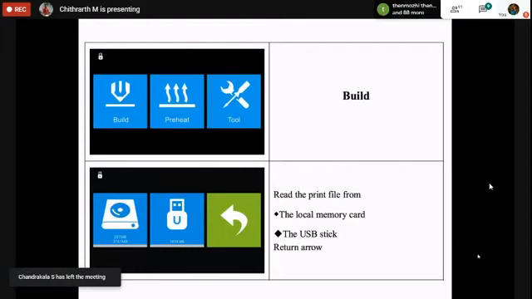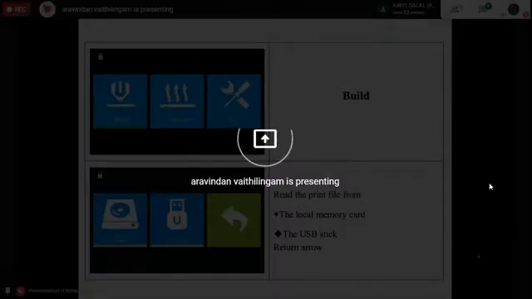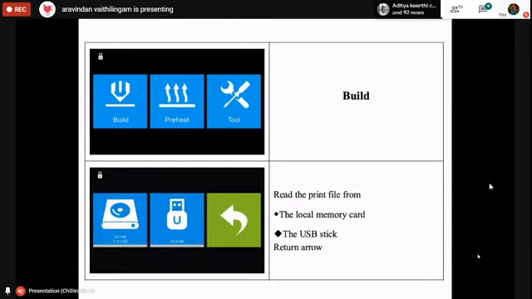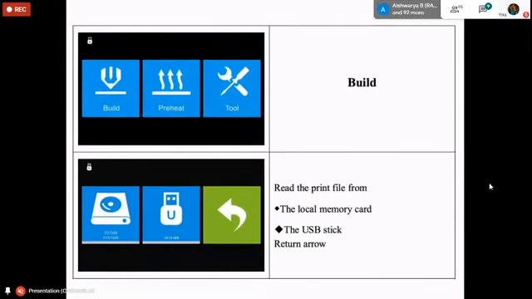Whereas this particular machine is a typical dot matrix based display, where it has a rotary dial and a press. The rotary dial acts as an input, and this dot matrix display acts as an output, and of course you could control all your stepper motors, actions, and everything.